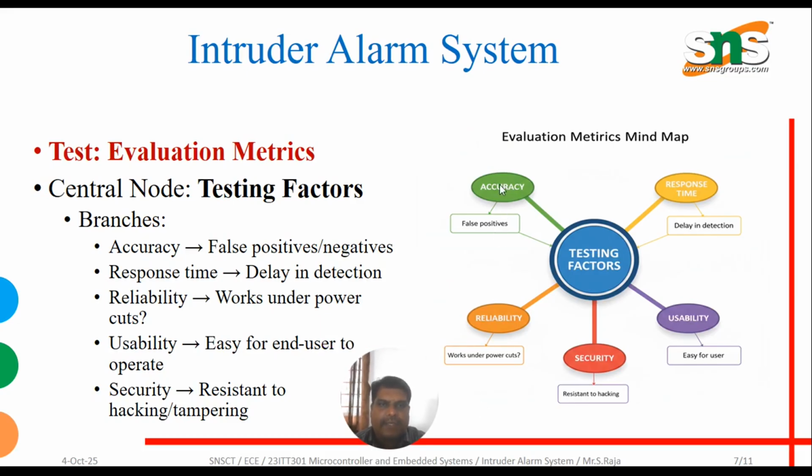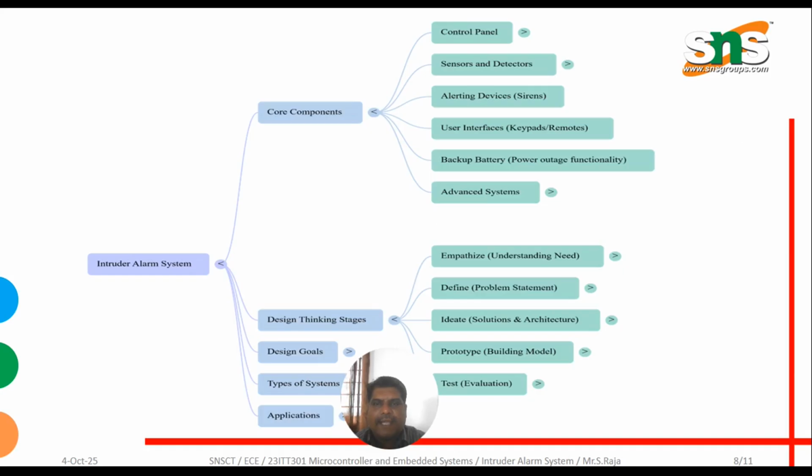we have to provide good accuracy by minimizing false positives, and we have to improve the response time, that is, we have to respond immediately. Then third is usability, that is, the user can be anywhere in the world, so it must be user friendly. Then we have to provide good security, and it must also work even under a power failure. So this intruder detection system is discussed in the 5 phases of design thinking,